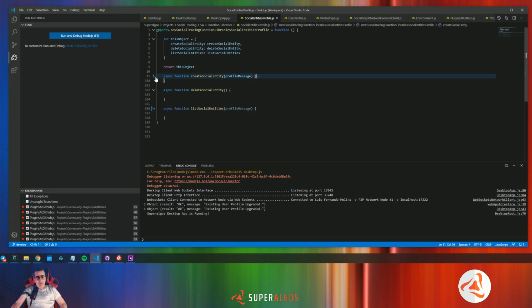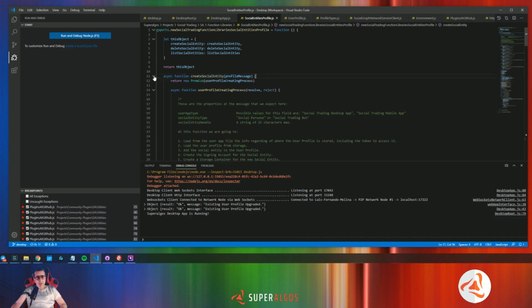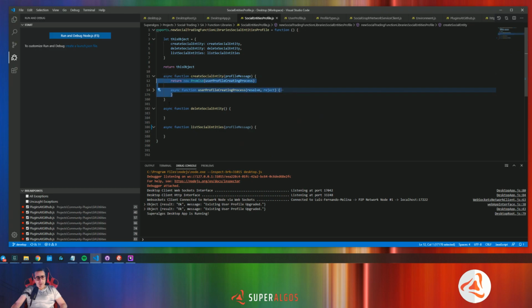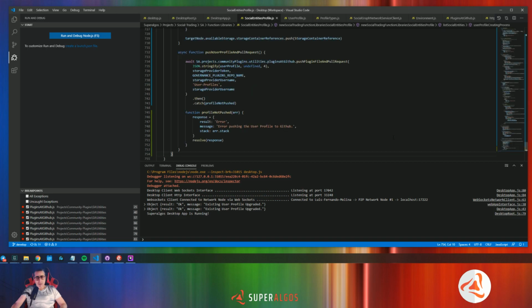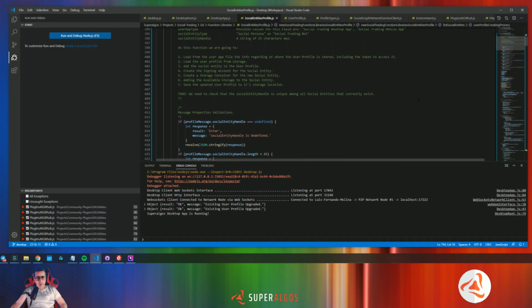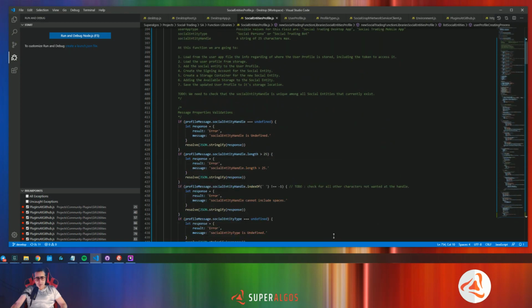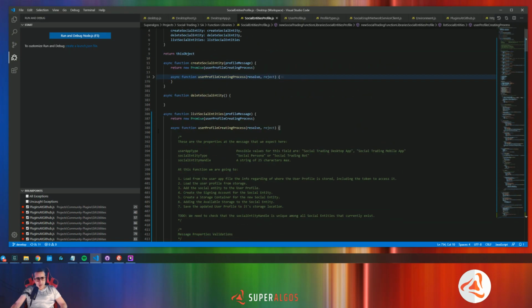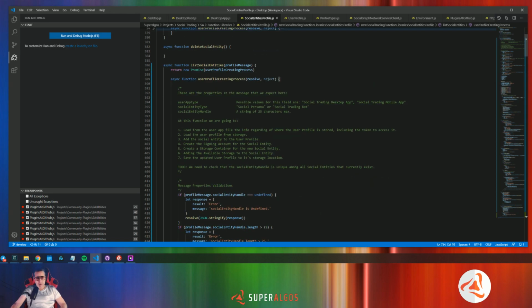In fact what I will probably do is copy this whole stuff so as to get the right structure in place and delete everything that I don't need from here. Many times it's better to do it in this way so as to keep a structure. Okay, so in the case of list social entities,